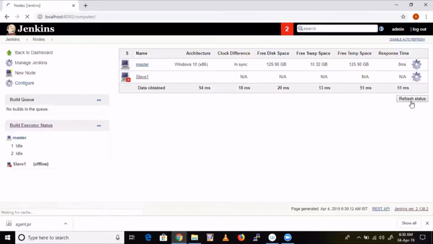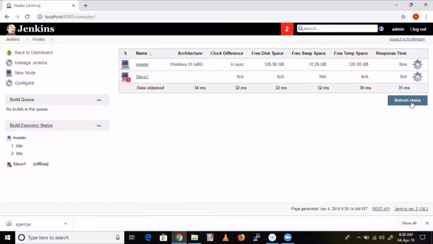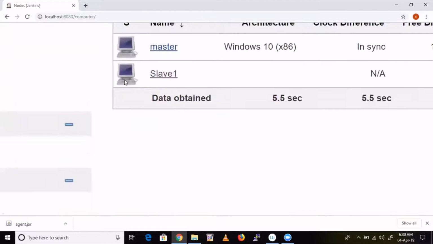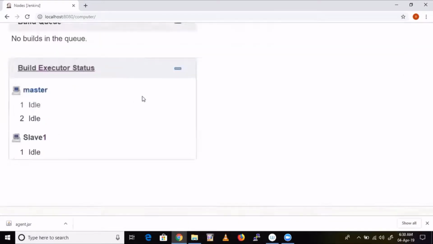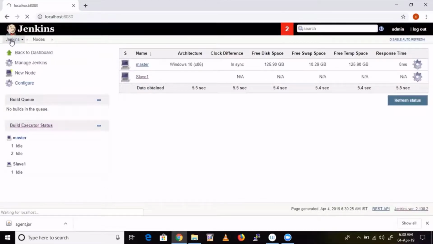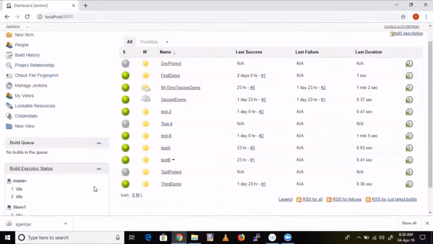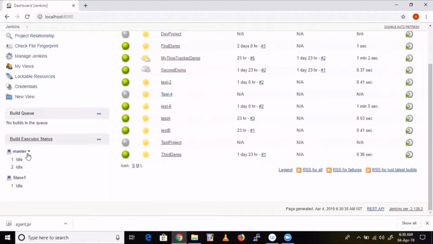Refresh status. Yes, see here. Now we have attached the slave successfully. See here, one slave got attached here. Build executor status. For example, now go to Jenkins master. Now here you can see under build executor status, it is showing master 2 and slave